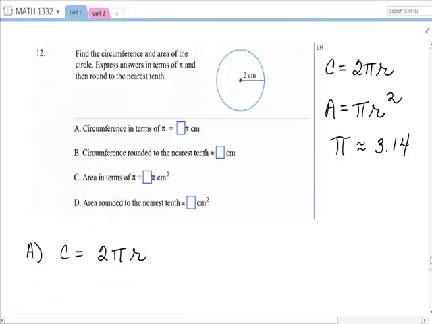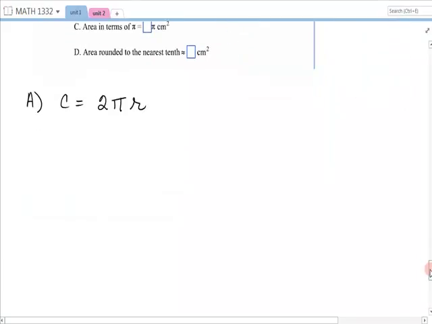Can you see it? It's 2 centimeters. Okay, so it is 2, leave the pi, times 2 centimeters. It feels awkward to leave the pi, but that's the instruction. So I will multiply these two, and I get 4 pi centimeters. That's the circumference